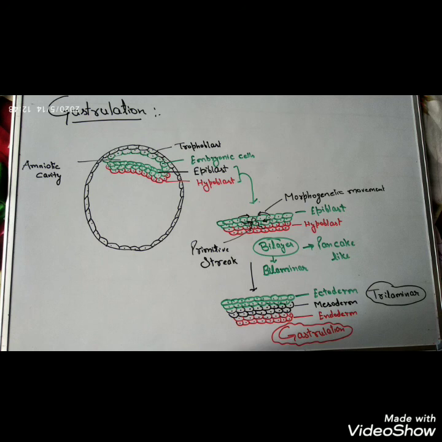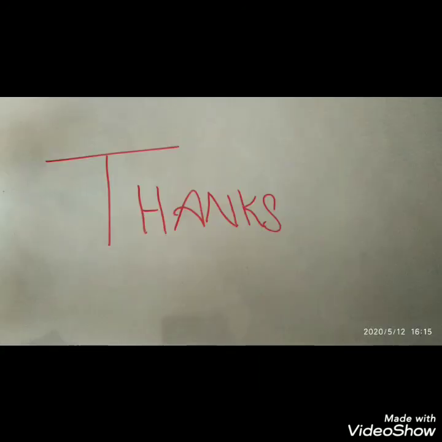The bilayer structure of these cells then undergoes morphogenetic movements which result in the formation of primitive streak, and these primitive streak cells then undergo a sort of migration, resulting in the formation of a trilaminar structure or tri-layer, which is comprised of an outermost ectoderm layer, a middle mesoderm layer, and an innermost endoderm layer. Hope you have understood this structure and the content.